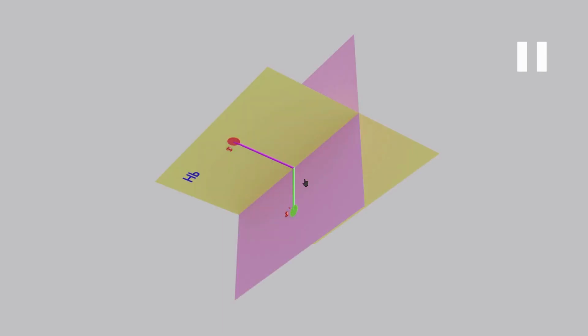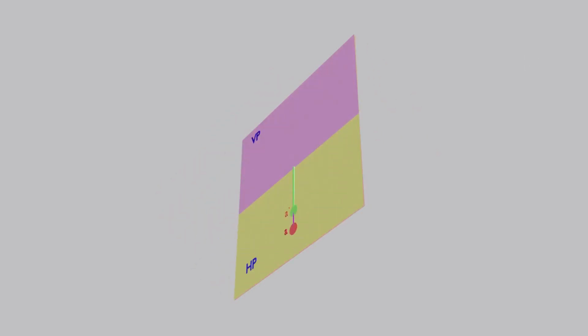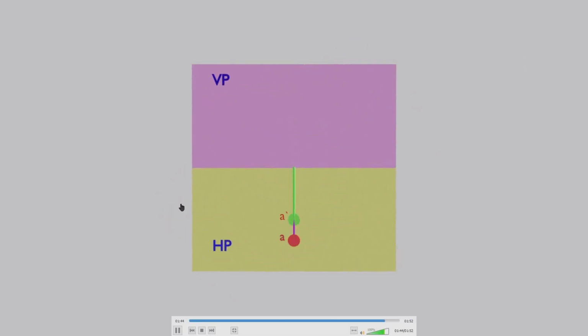Now I'll remove the object. The object is removed, and the marking is already there. Now we will open the first quadrant. See that it is closed, overlapped, just like the second quadrant, but in the second quadrant everything was above the XY line. In this case it is below the XY line. As you can see, you have A prime and A here. This is the XY line. Now I'll remove this and bring it back to the actual position.